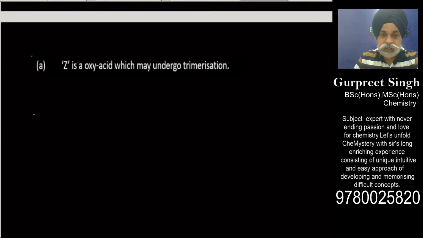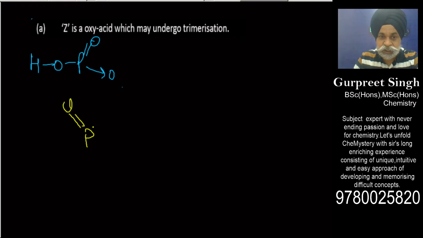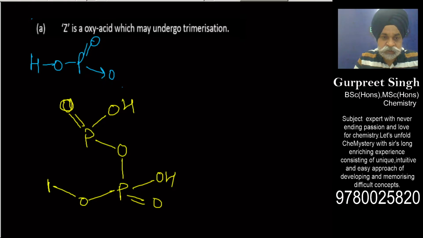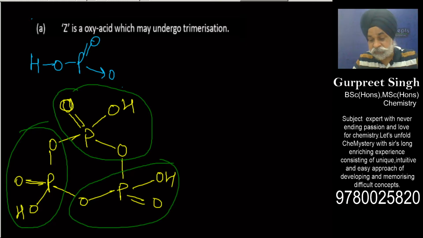So this you should know, that metaphosphoric acid, HPO3, can undergo trimerization like this. So if I draw it like this, you would get the trimer out of it. So you would get somewhat like this. So this is what you call the trimer of metaphosphoric acid. So what is this trimer? You can refer to this as one molecule, this is the second, and this is the third one. So it underwent trimerization.